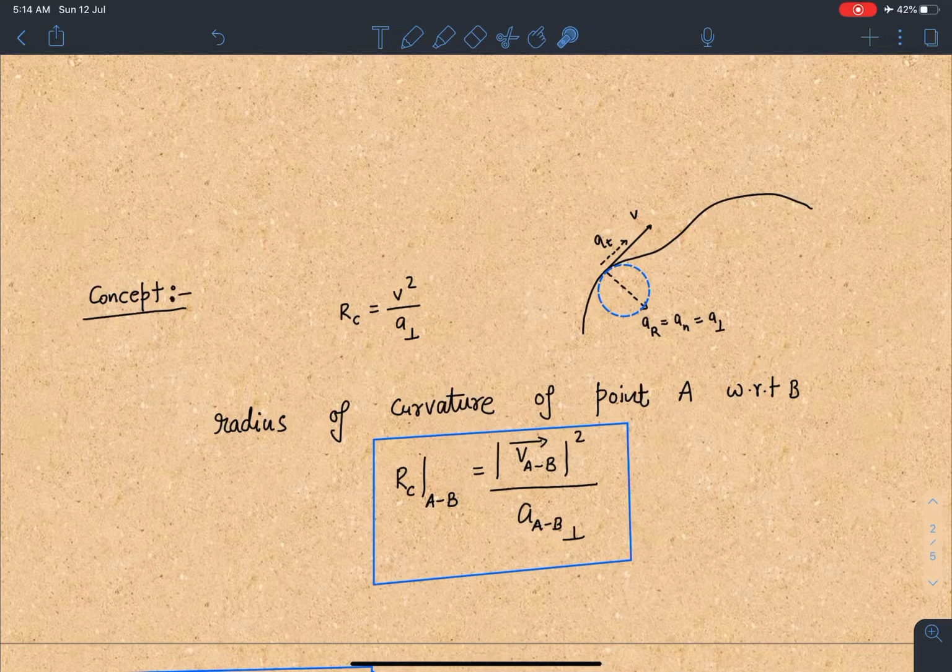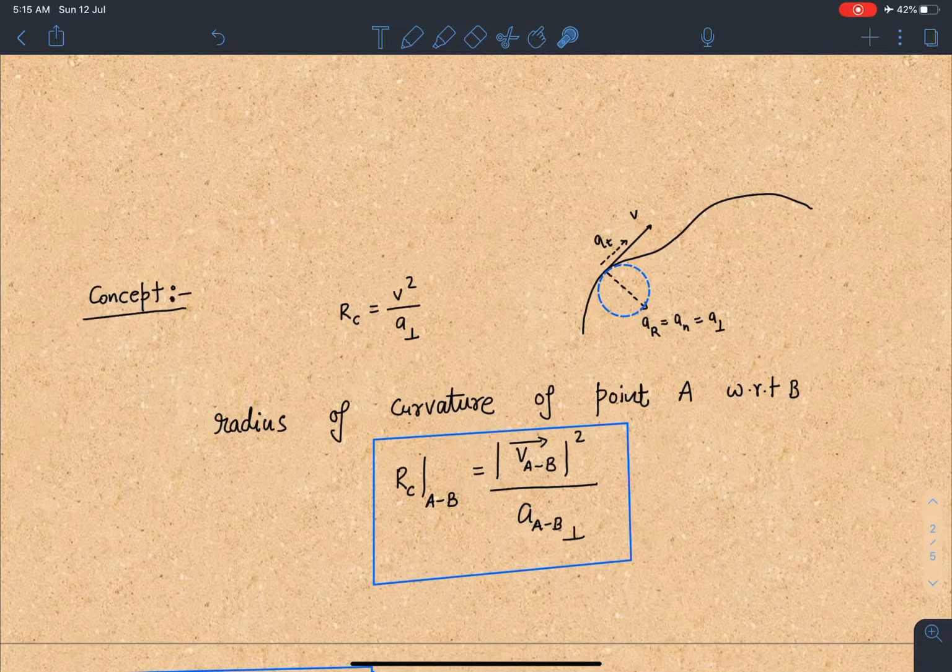So in a general trajectory here, along the tangent, this particle will have velocity of v, and its total acceleration will have two components. One component will be along the tangent, that is parallel to velocity vector, we call it tangential acceleration, and there is another component which is perpendicular to the velocity vector. It is also called radial acceleration or normal acceleration, or simply perpendicular. So by using centripetal acceleration result, that is v square by r, radius of curvature at that particular instant is given by v square by a perpendicular. I'll call this the component of acceleration perpendicular to velocity.